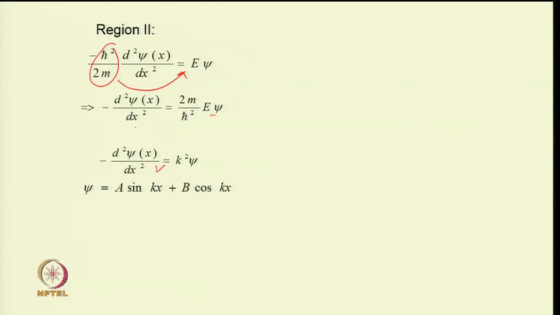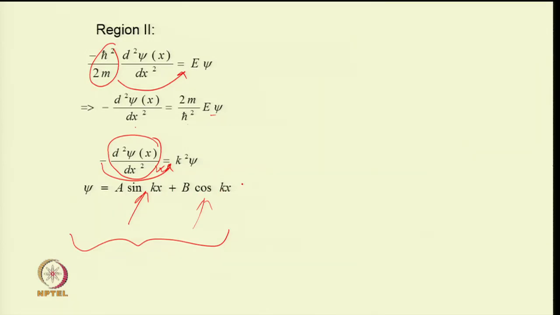Then you get this differential equation, where the second derivative is equal to minus k square psi, and for that your solution can be a sine wave function or cosine wave function, and the general way to denote this is psi is equal to A sin kx plus B cos